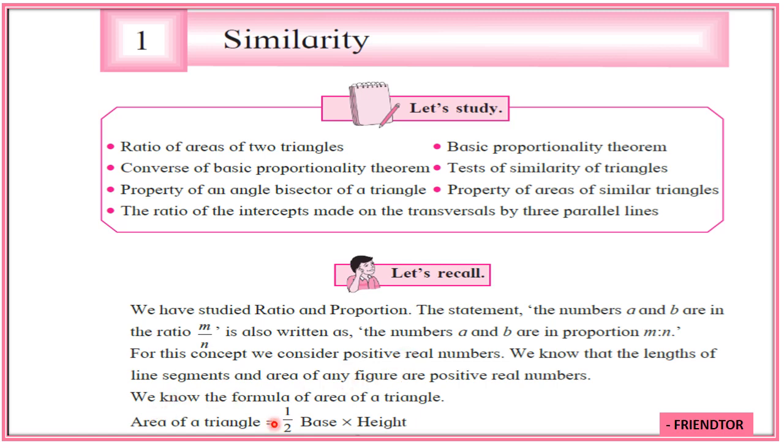Now, one more thing that we recall is the formula for the area of a triangle, that is half into base into height. You have learned this way back earlier. Ratio and proportion also you might have learned from standard 7th or 8th. So these are simple things that we recall. Now let's go to the next topic. What you're seeing on the screen is actually a screenshot of your book itself. So even if you do not have the PDF version of the textbook, please follow the videos and you can see the content. Let's move on to the next part of this page.